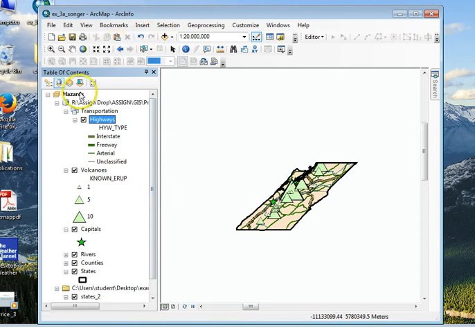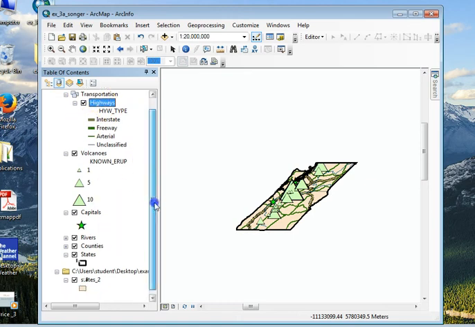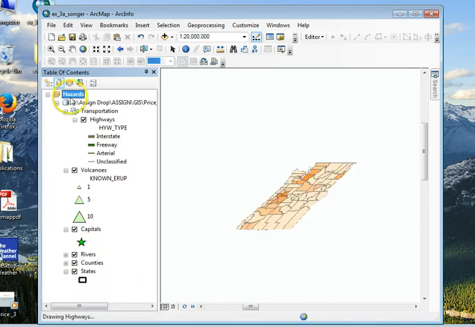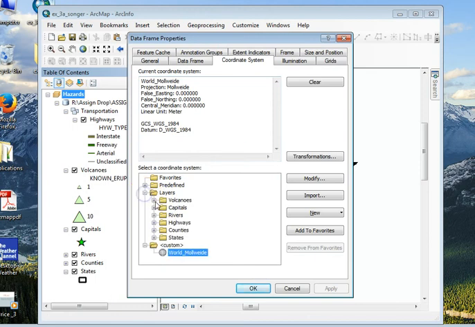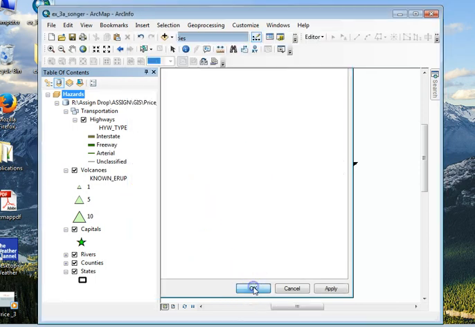One is to export it to a different projection based on the table of contents. The other way is to export your data into a feature data set that has a projection, and that will change the projection, not just on the fly. So I'm going to remove that, and I'm going to move this back to that projection, and